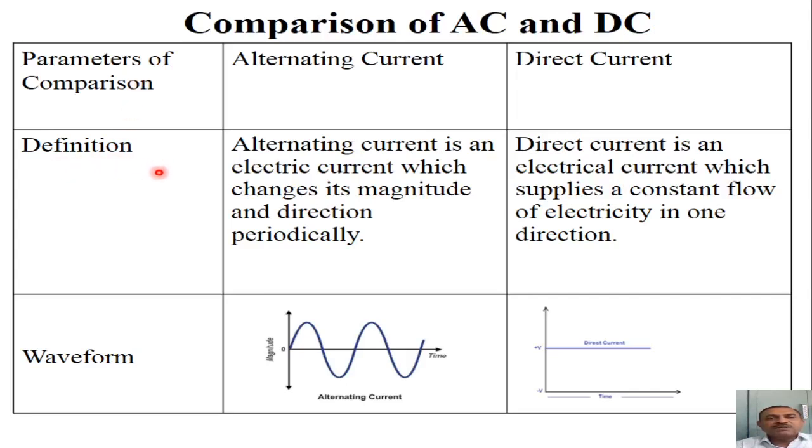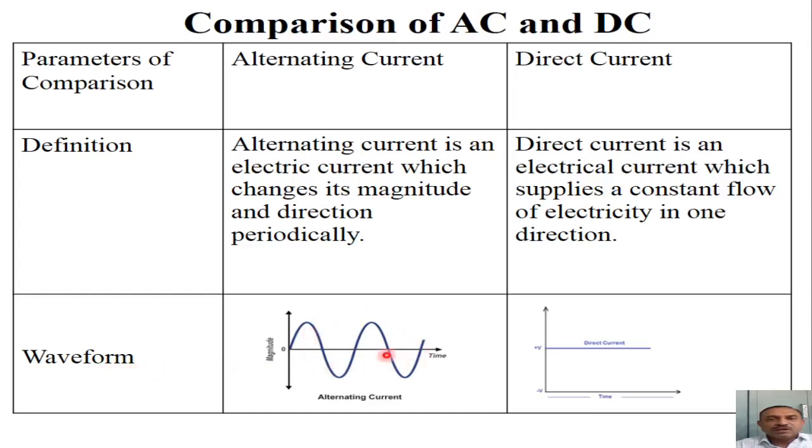So first parameter is taken as the definition. We have just seen that alternating current is an electric current which changes its magnitude and direction periodically. Direct current is an electric current which supplies a constant flow of electricity or charges in only one direction. We can make the further comparison on the waveform basis, that is the graphical picture of these two currents,